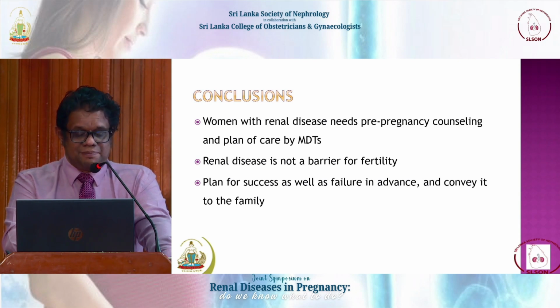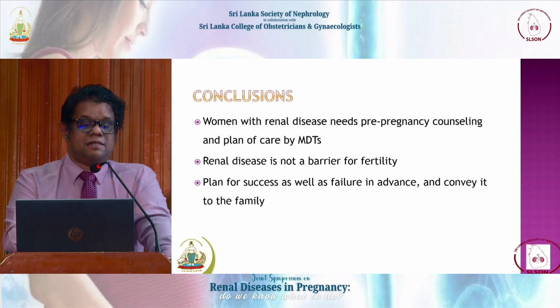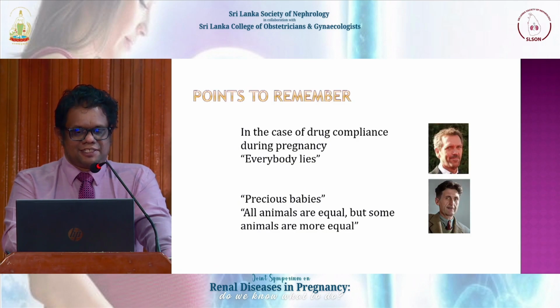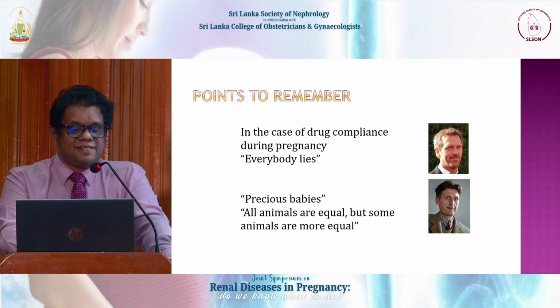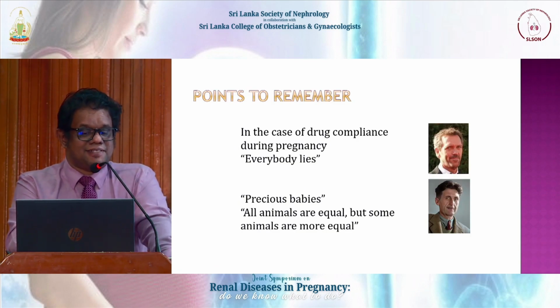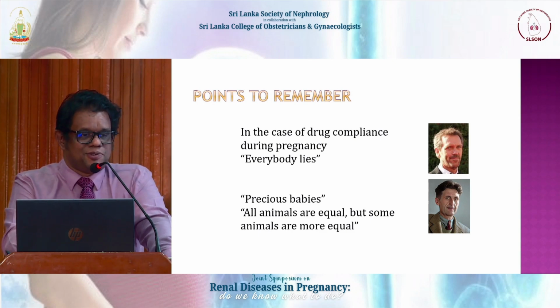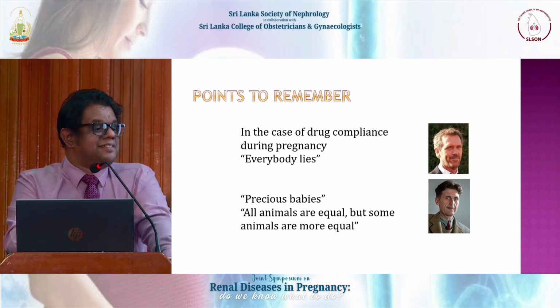There are important things to consider: you have to go for collateral histories always, and always use your clinical judgment, because in the case of drug compliance during pregnancy, everybody lies, you know who it is. And when it comes to termination of pregnancy, whether to offer it or not,